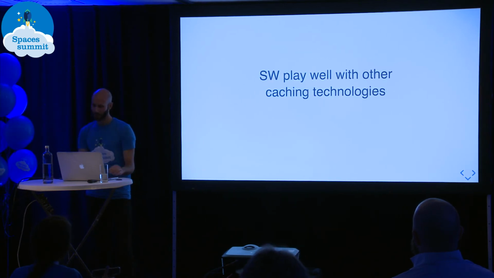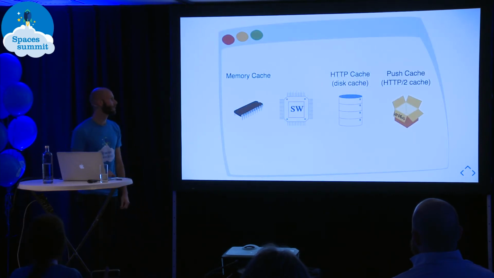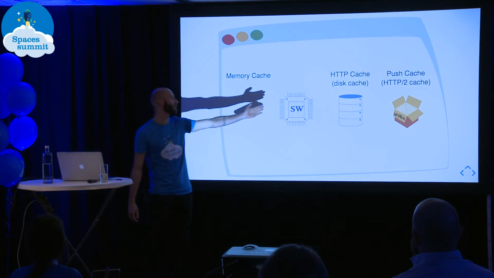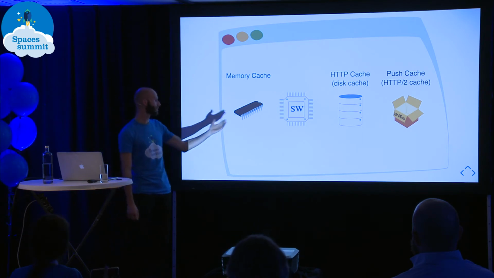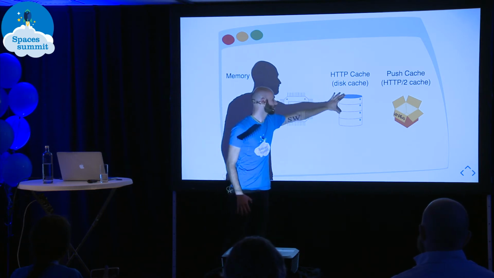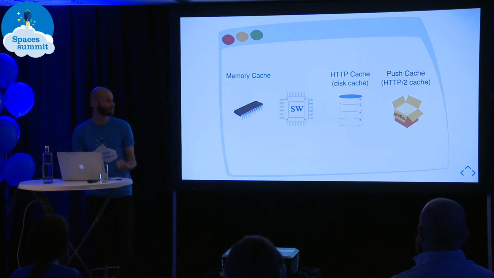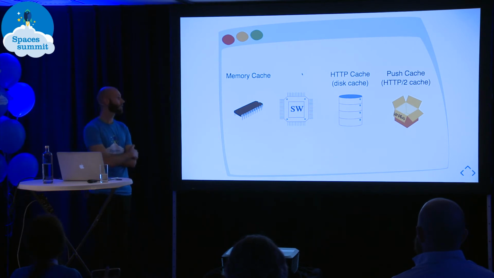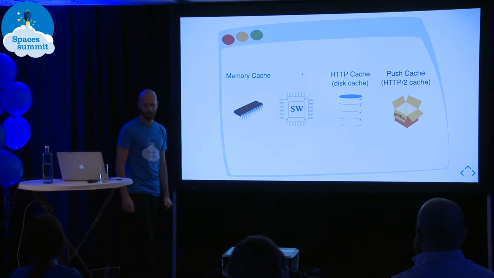Let's see more stuff. The service worker can play well with other cache strategies that you have in place. For instance, imagine you already have a great HTTP cache strategy. You could make it so that after your first load of the service worker, whatever the service worker needs to load from the network could already be provided by this cache. So you don't need to download twice the same image that you want to make available offline. But it could also be the other case, that you want to bypass these cache strategies. Then what you would do,